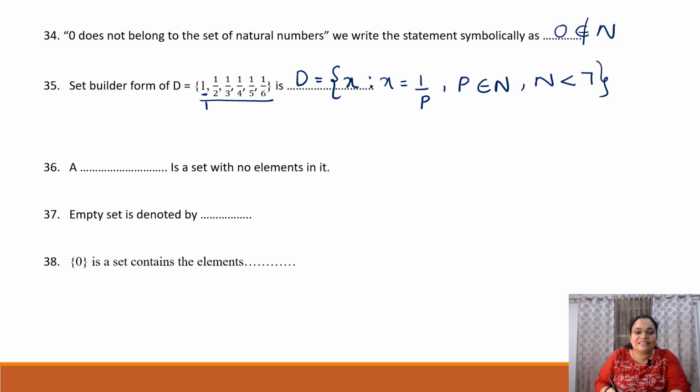The next one is dash is a set with no elements in it. Which set does not have any elements in it? That is your null set. The next one is empty set is denoted by, this is your empty set or a null set or a void set. A set having 0 elements is a set containing the elements 0,